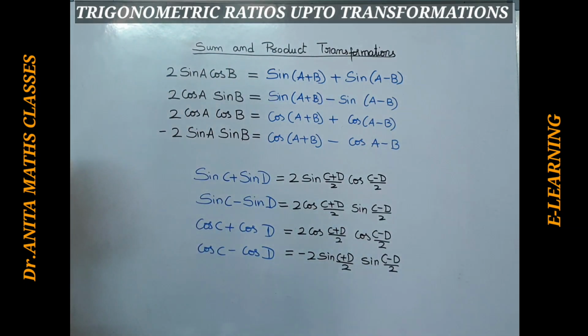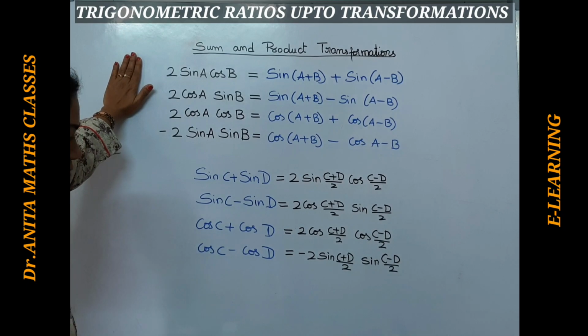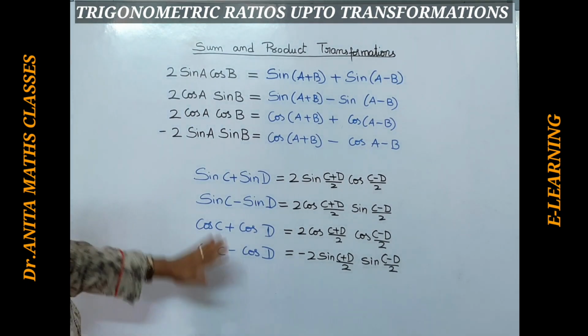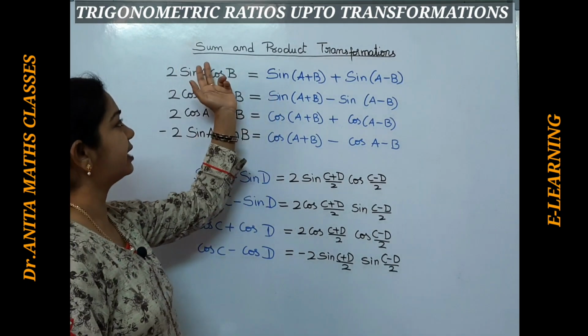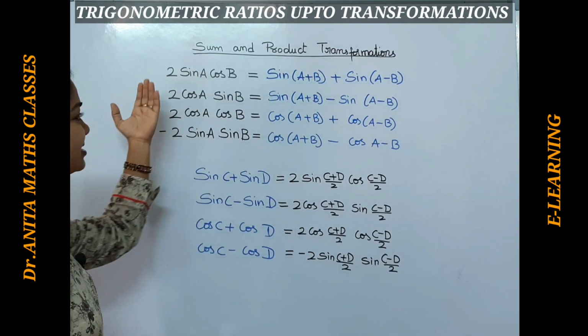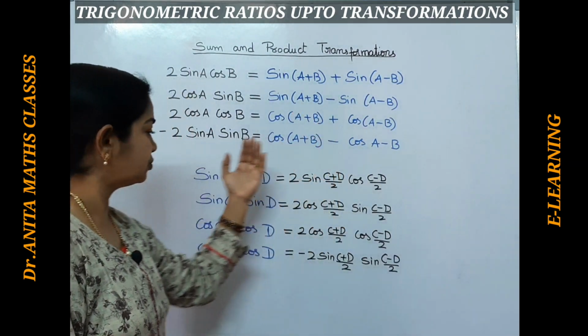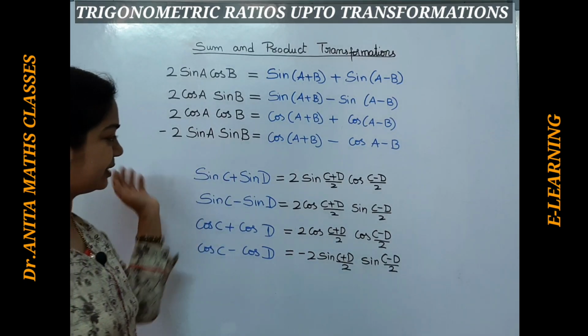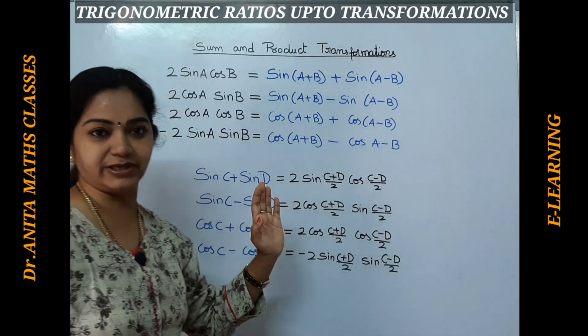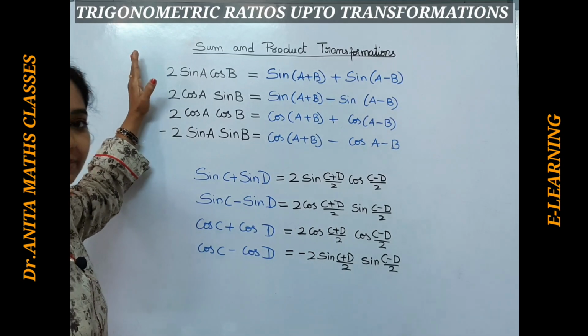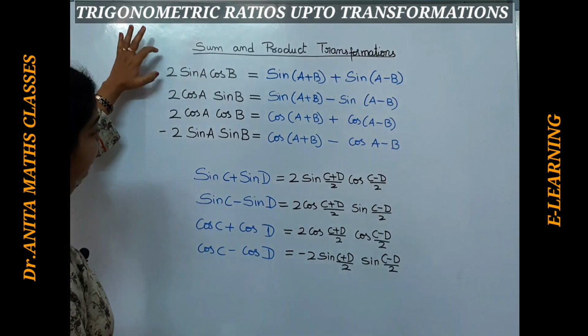Let's get started here. See the formulas, all the formulas I have noted down. Here, if you clearly observe, there are sum and the product. To one side there is product and they will be transformed to sum. Then to one side there is sum, it has been transformed to product likewise. So how to easily remember them? Let's get started with the first one.